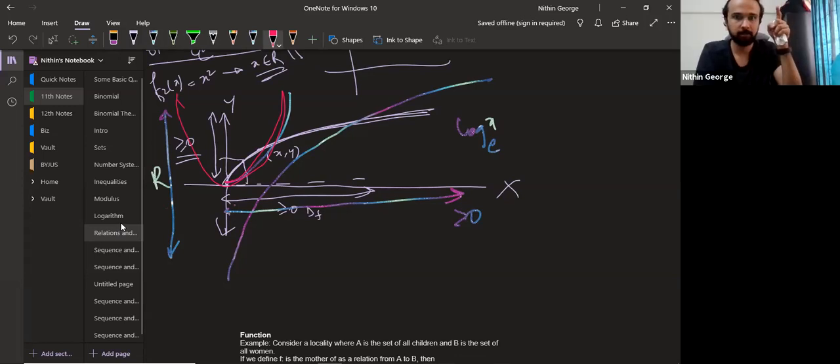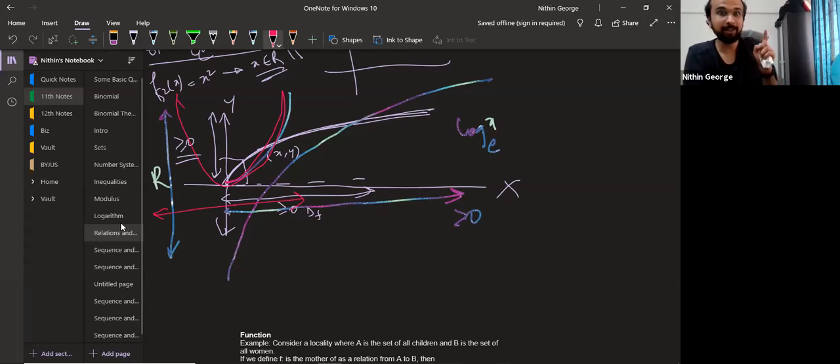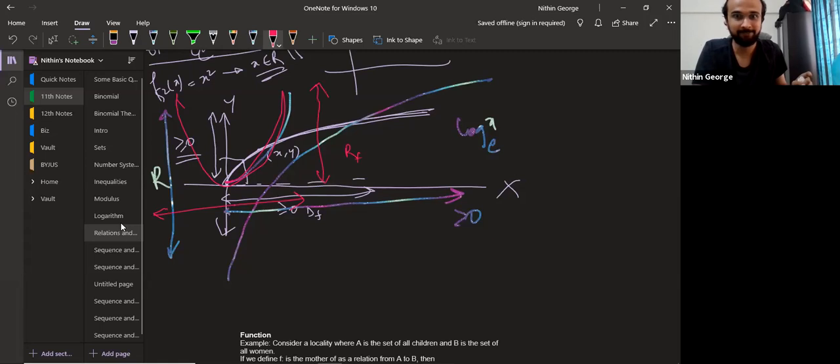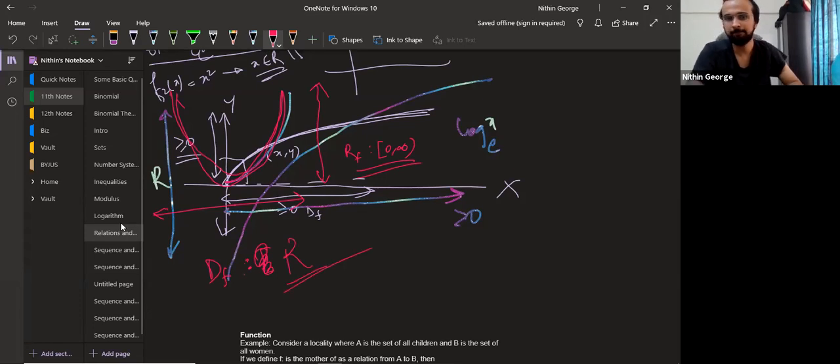Okay. No. The range is all positive. Exactly. Range is all positive. Range has to be non-negative numbers, 0 upwards. Okay. Range of the function is from 0 to infinity. This is how we write it. Okay. Domain of the function, you go along the x-axis. You see the projection of each point on the x-axis. You can put any value of x into it, right? Domain of the function will be any real number. Okay. Got it?